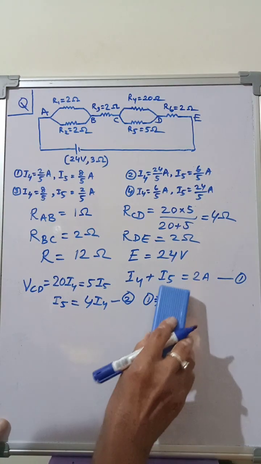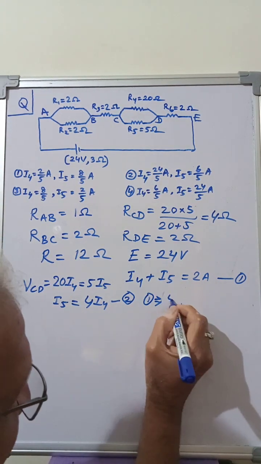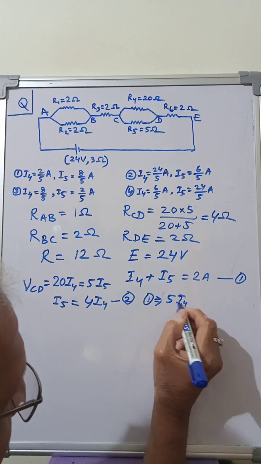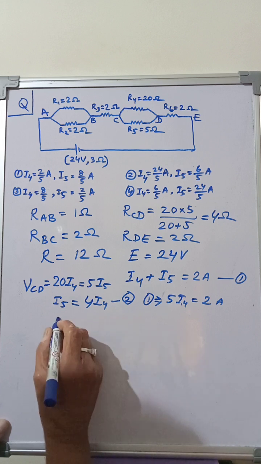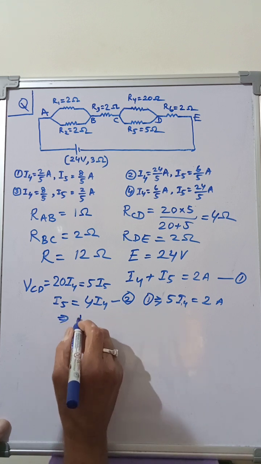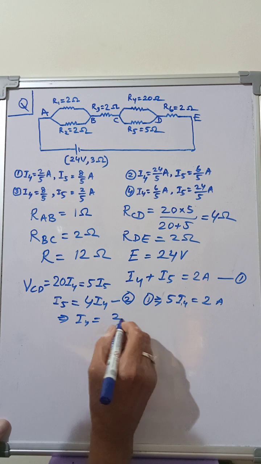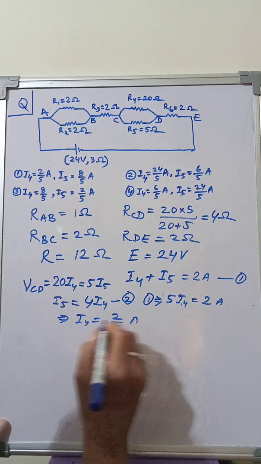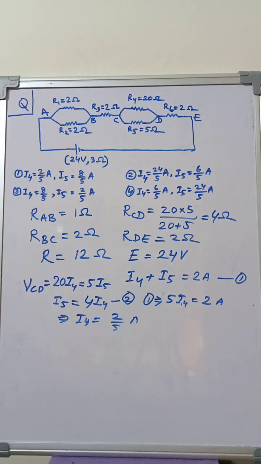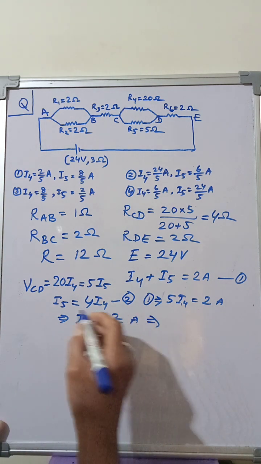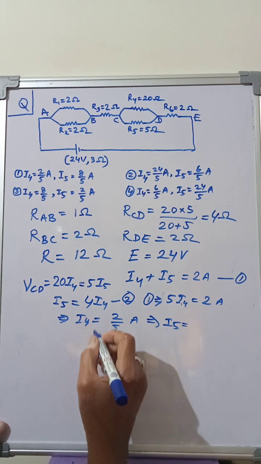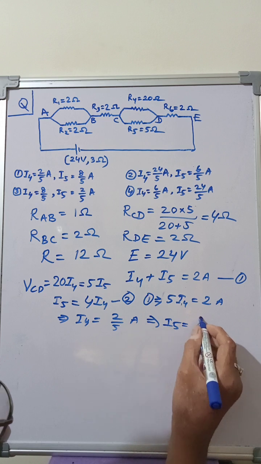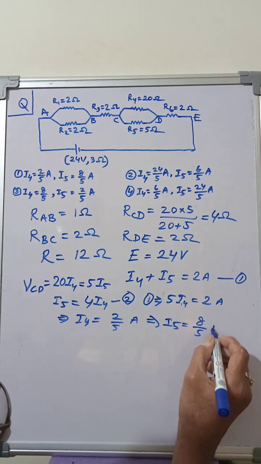Let us write it cleanly. 5 I4 is equal to 2 amperes, which implies I4 is equal to 2 by 5 amperes. Which implies I5 is equal to 4 I4, that is 4 into 2 is equal to 8 divided by 5 amperes,